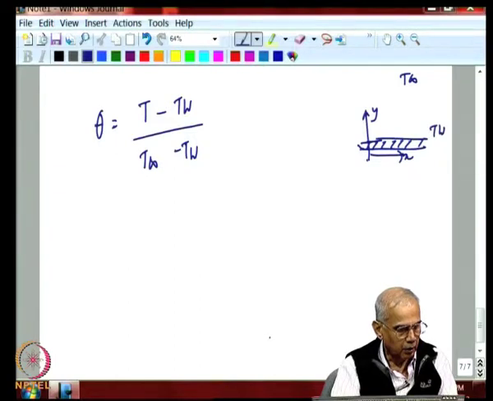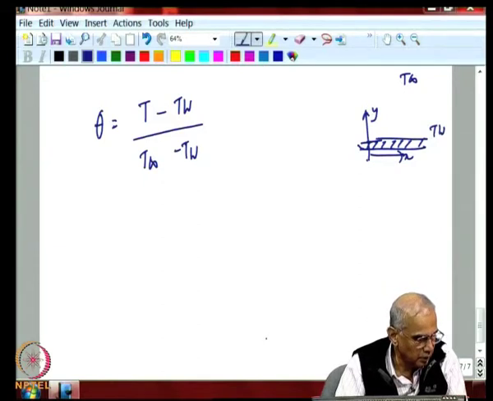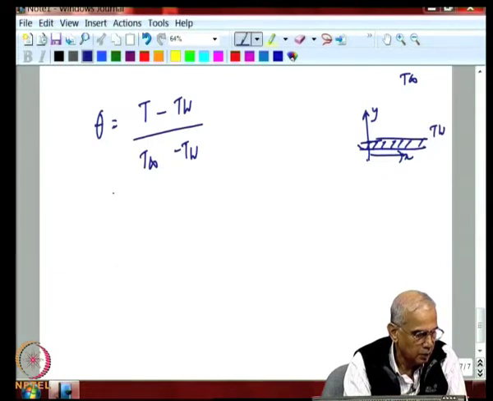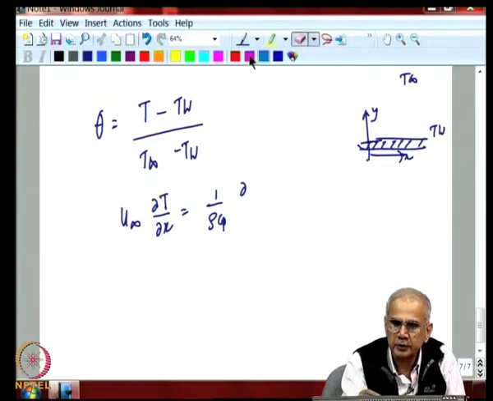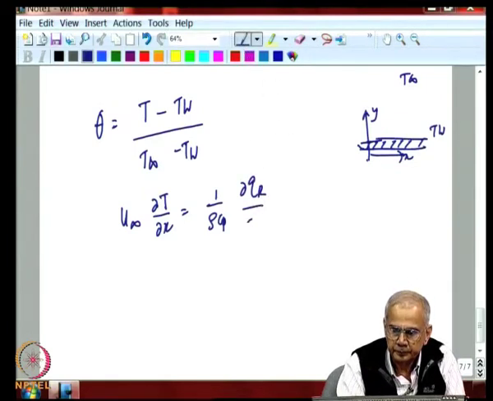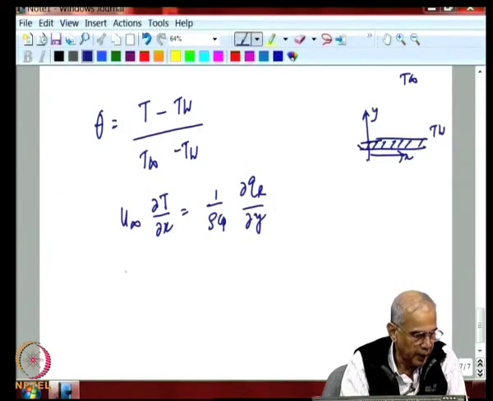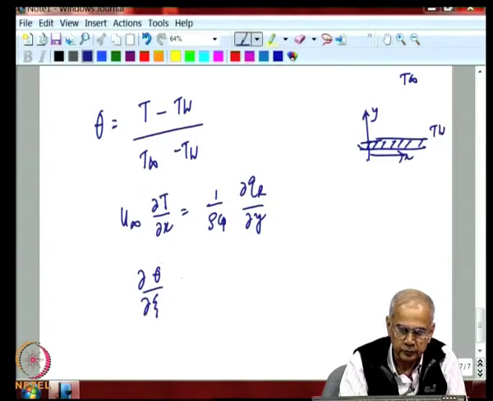And if all this is done properly, then the equation can be rewritten. So, the old dimensional equation was this, and this can be converted to a non-dimensional equation as delta theta delta psi. We will define psi right now,